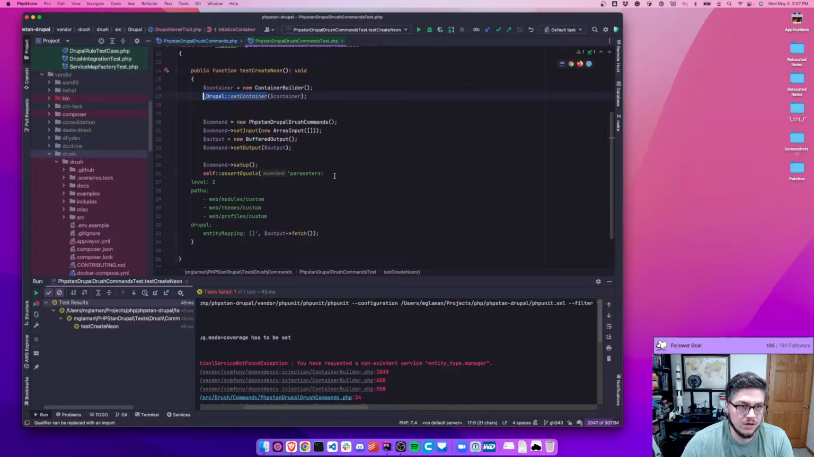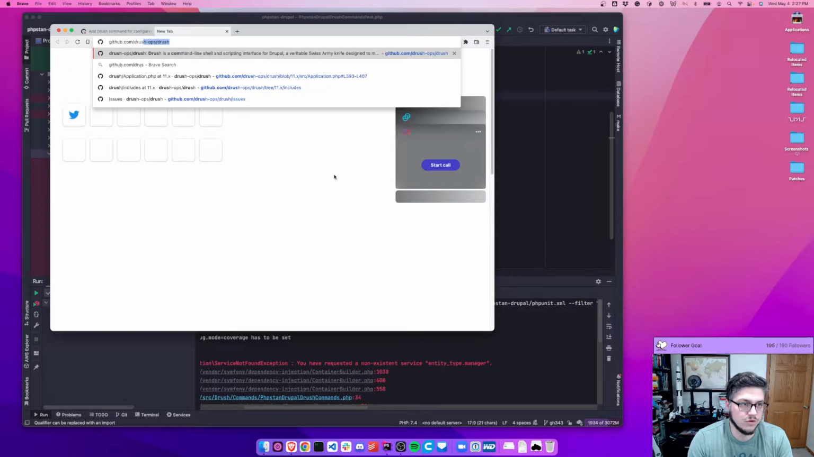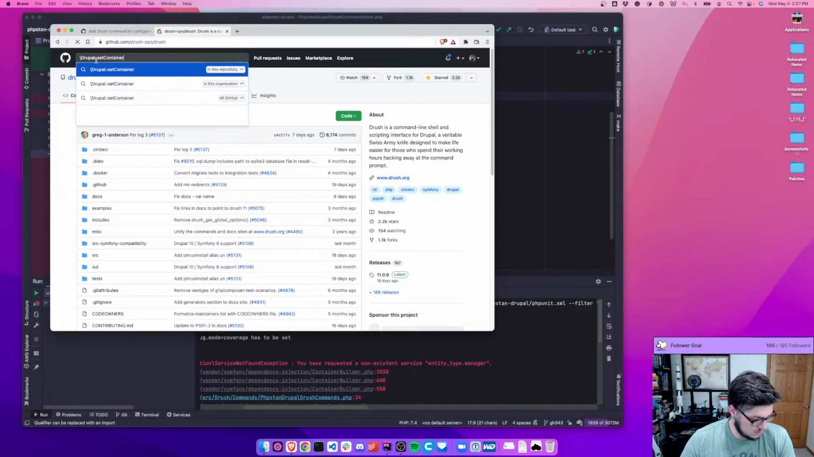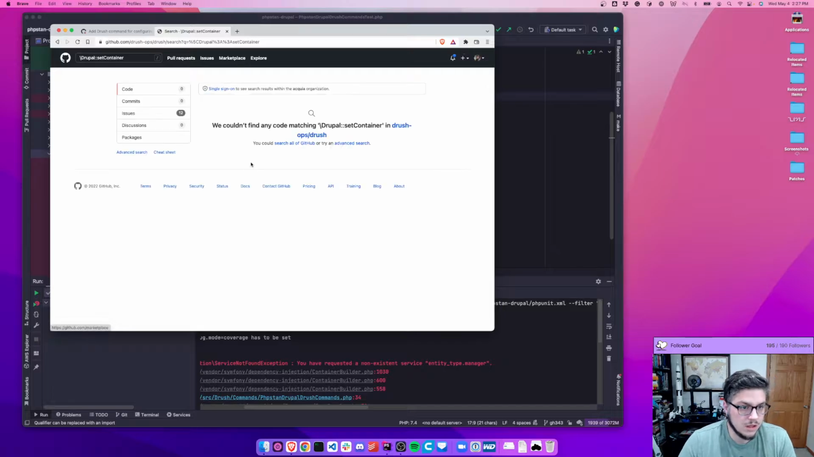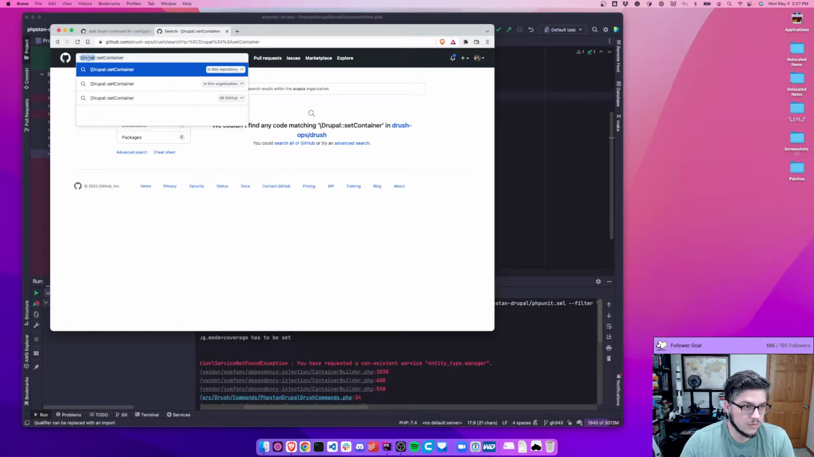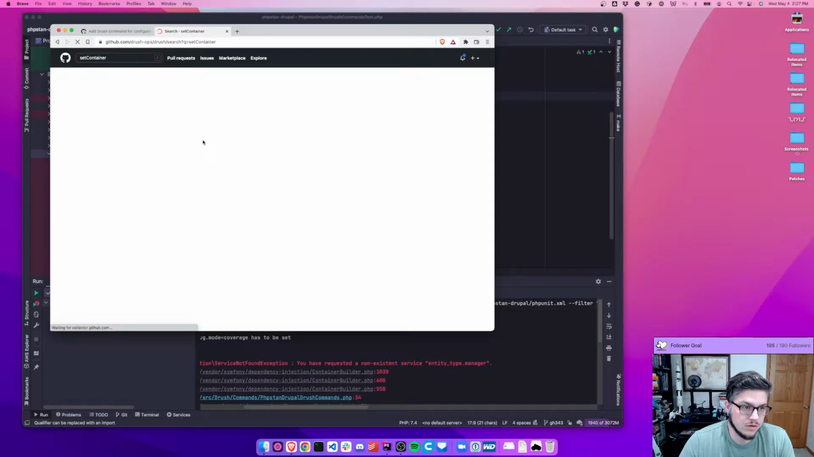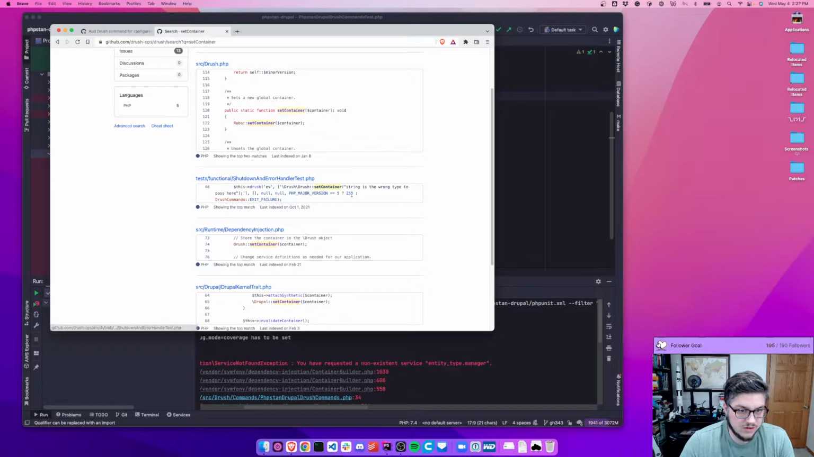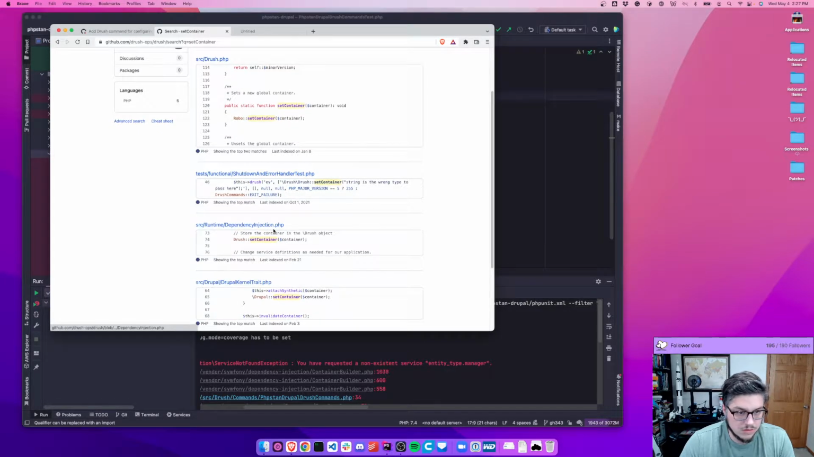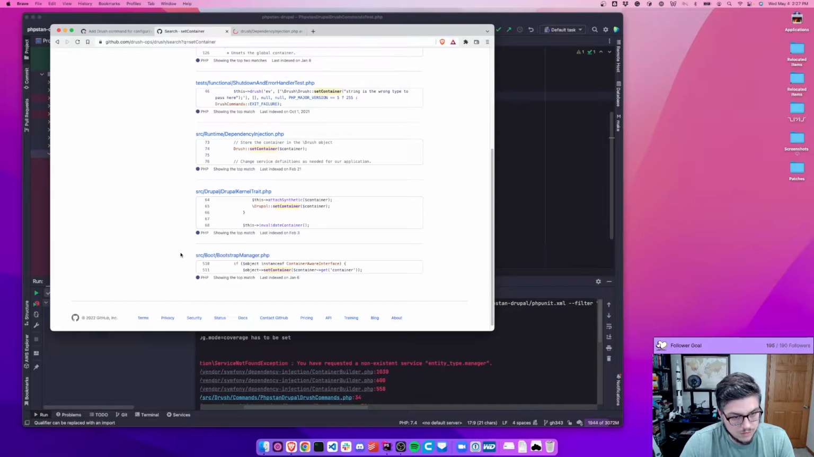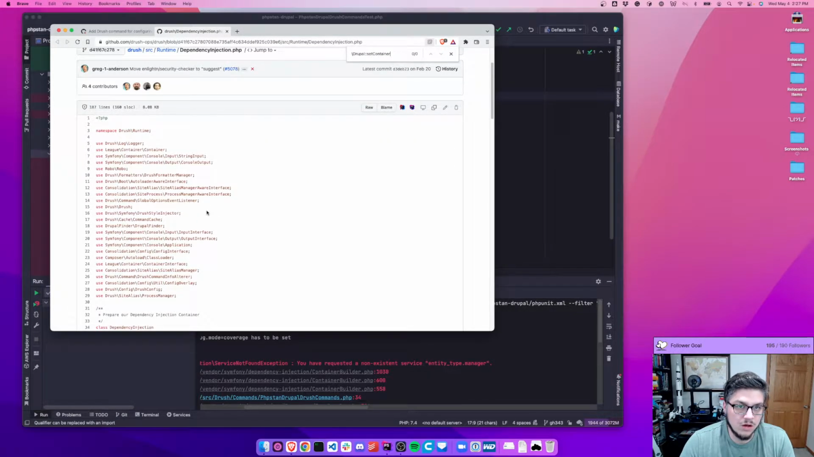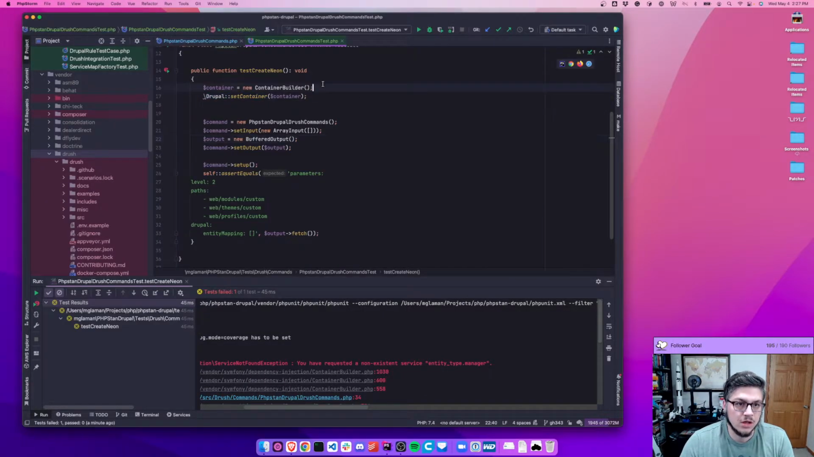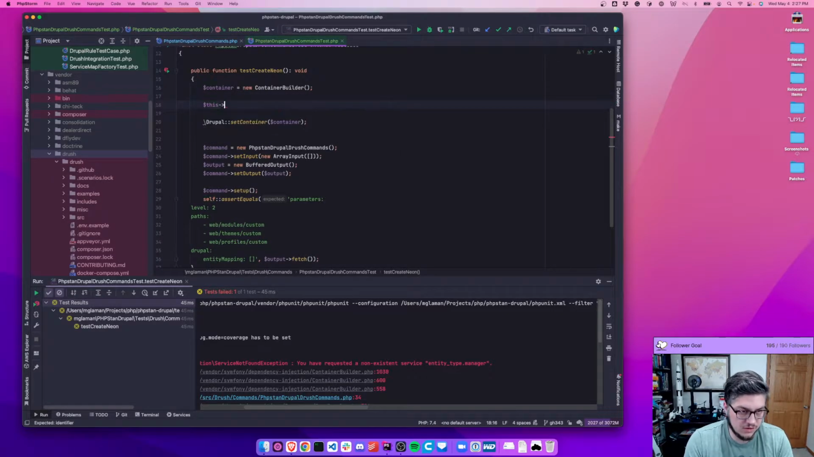Oh, that's getting it from the parent. So let's go to github.com, drush, and see if we can copy it from their tests. Set container. Test runtime. Well, that's just not there. Well, it's okay. We can do this. Create